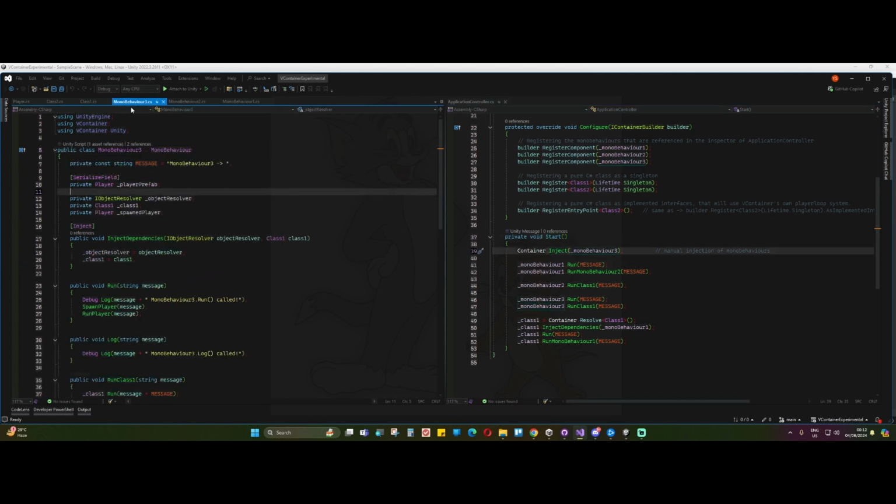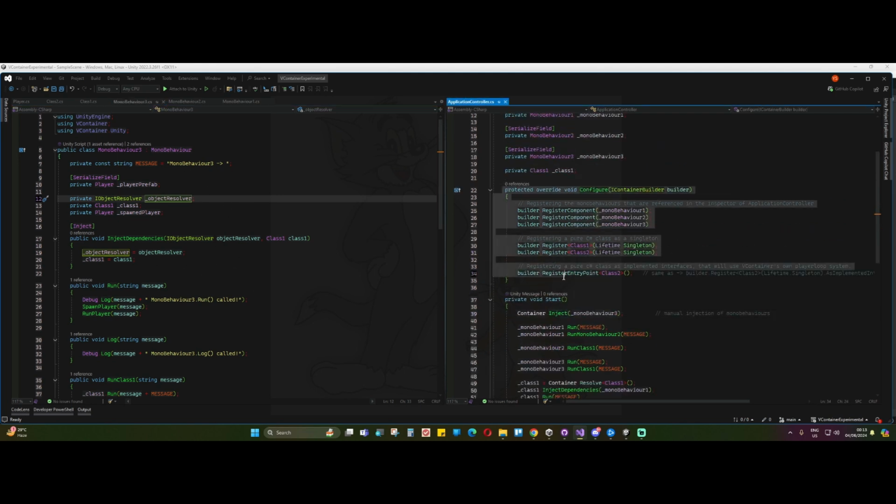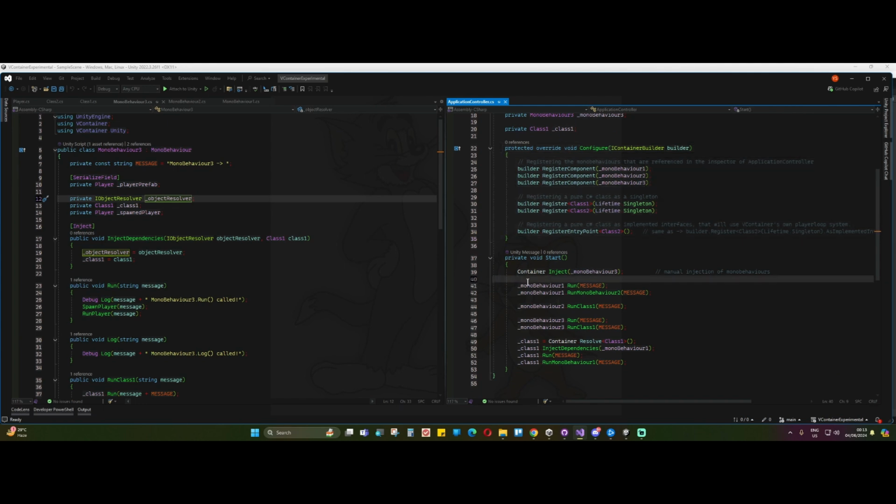Let's see what MonoBehaviour 3 is. So when we do this injection, the container will search for the MonoBehaviour 3 script, check for this Inject attribute, and wherever it finds it, it will run that method, and it will automatically provide the required parameter dependencies, and we can save them. So this is called injection. This is called registration. This is called injection,